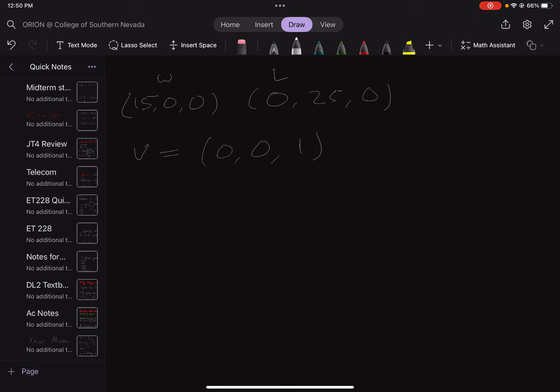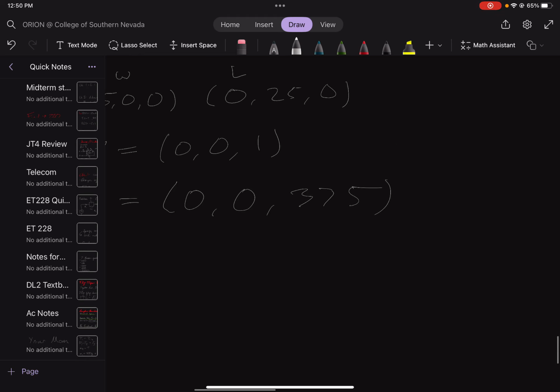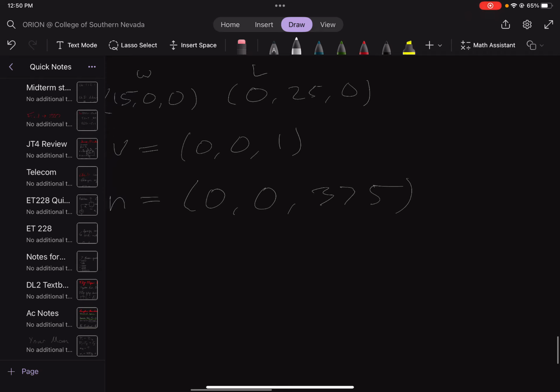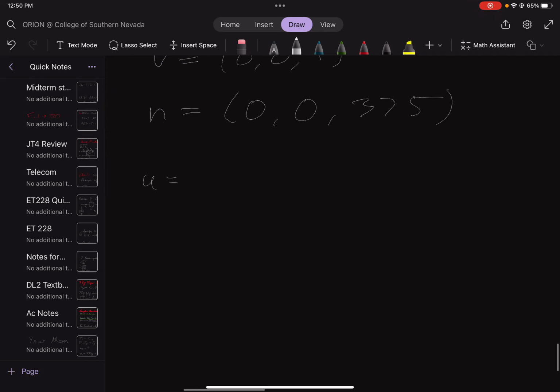So now we're going to go right ahead and calculate n. From the first problem, we already knew what n was. N is going to be equal to, when we did the dot products from before, 0, 0, 375. And we did that in the first problem. So it's going to be just like the problem from before. And now the magnitude of v, well, we'll calculate for u. And for u, which equals the unit vector of v over v, or the unit vector, which is going to be v over magnitude v, is going to be equal to